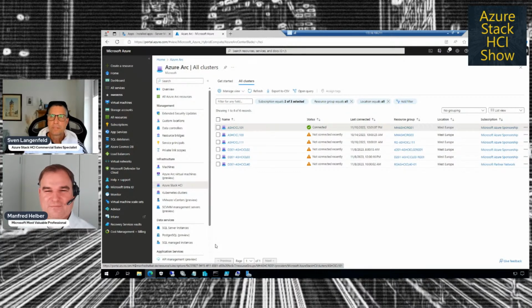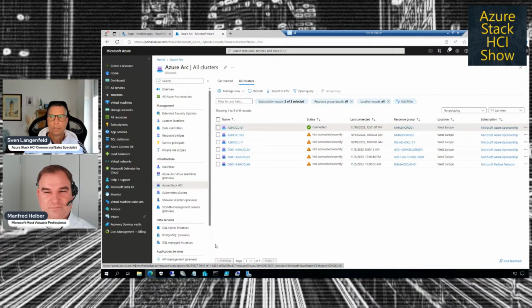How about security offerings in Azure? So Defender for Cloud, for example. Can I use this for my on-premises infrastructure? And do I need Arc or Resource Bridge? So the Defender functionality for the server endpoint, independently if it's Linux or Windows Server or Azure Stack HCI, can be enabled via the Azure portal for Arc-enabled servers. So we don't need the Azure Arc Resource Bridge. It's an Arc agent feature, yeah.